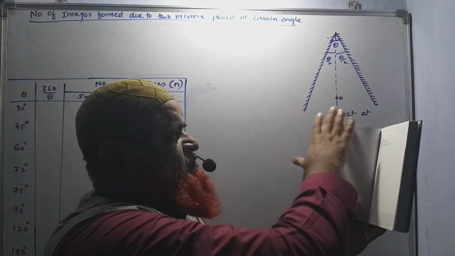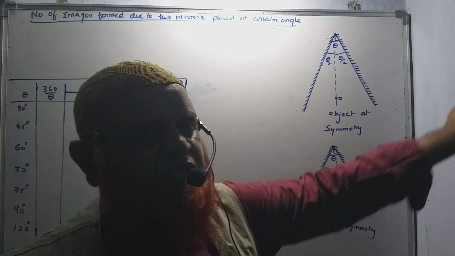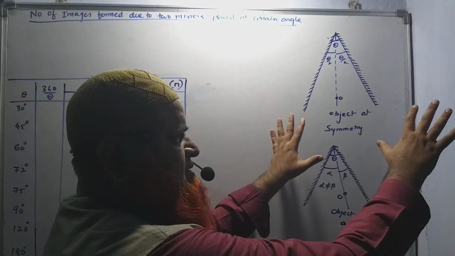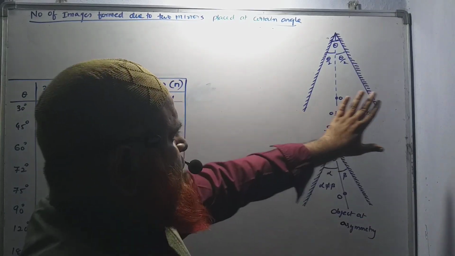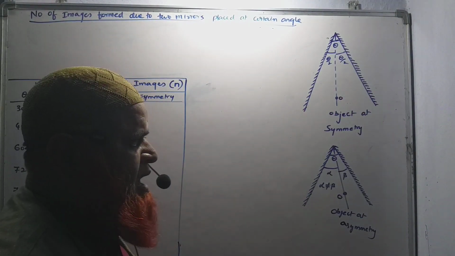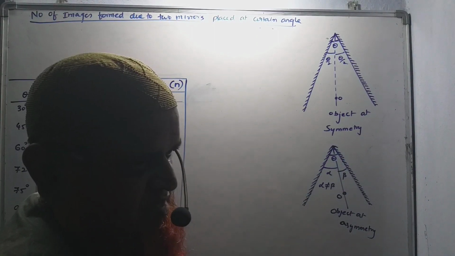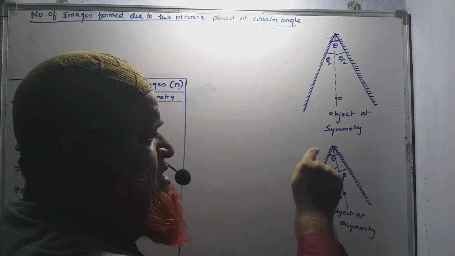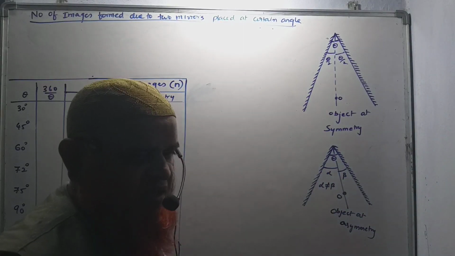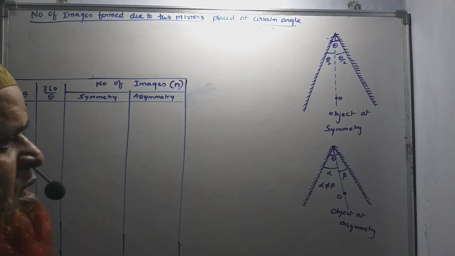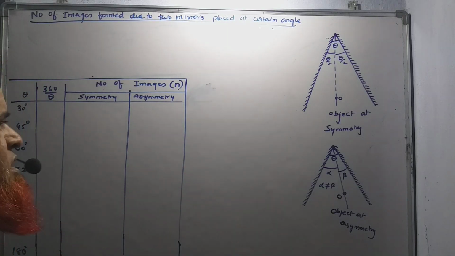And let us imagine these are the two adjacent sides of a wall. When you consider these as the adjacent sides of the wall, let us imagine you have placed one mirror here, one mirror at this place also, and you are standing exactly at this place and seeing your images. You have to find out how many images you are going to see in the adjacent mirrors here. For that, this is the concept I am discussing now. So let me discuss the diagram which I have drawn here.